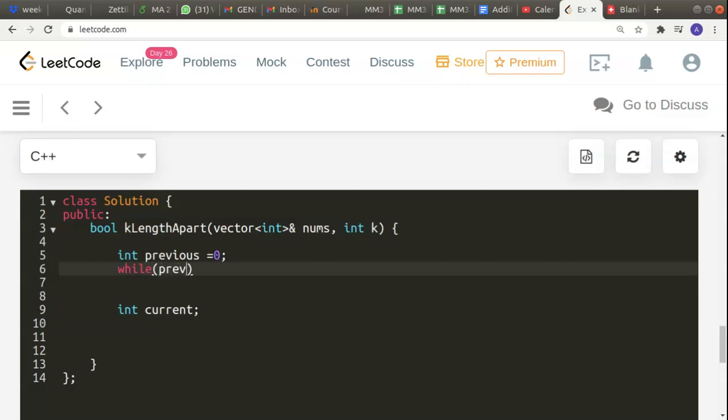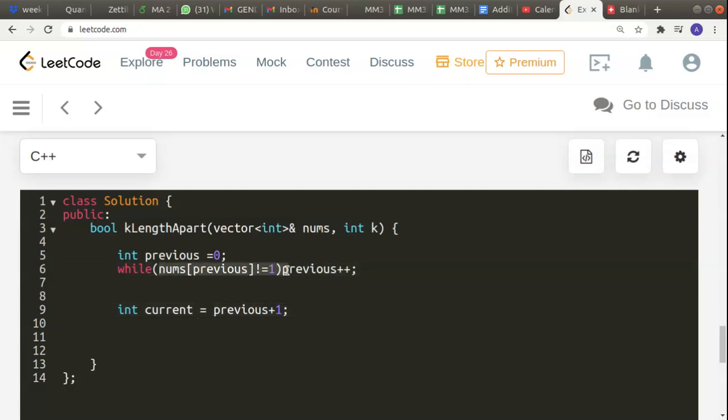So while nums of previous not equal to 1, it can keep incrementing the value, previous plus plus. And int current can be equal to previous plus 1.